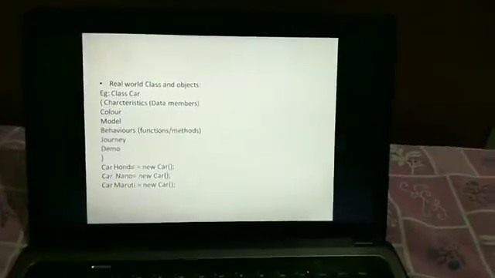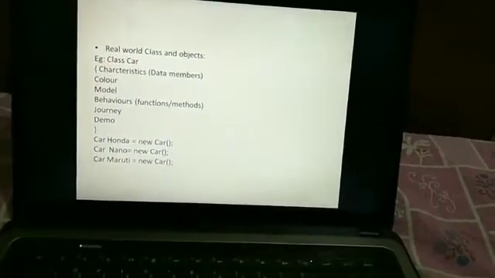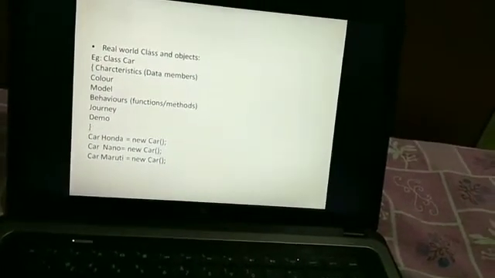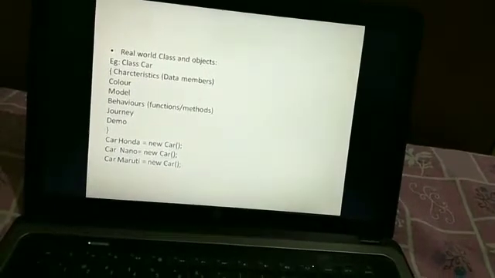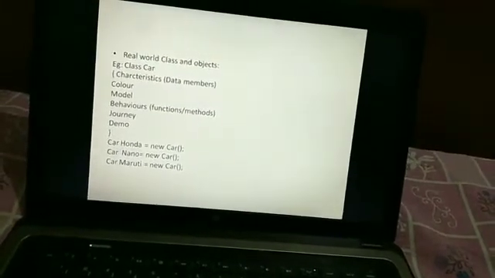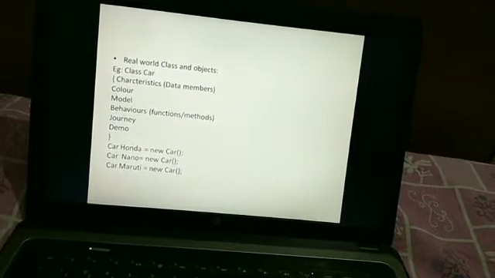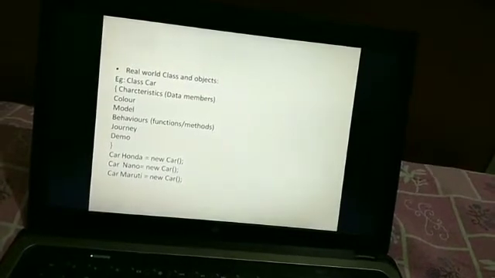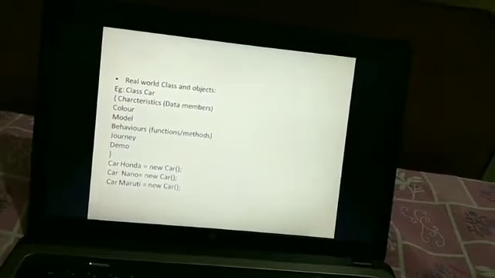This is an example of a real world class and object. Just look into the real world class and object, where I have taken the example of a class called Car. In the real world it contains characteristics and behavior.